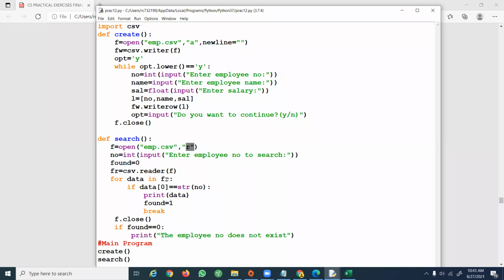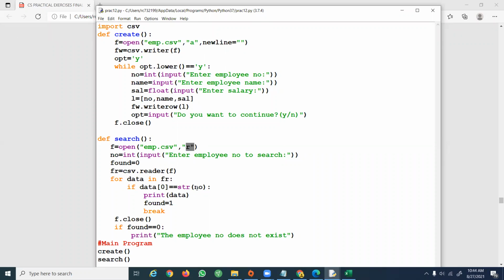When you read the data, it will return a list of string elements. Here, when you are writing, it is an integer, string and then floating point. But when you are reading the information, all the contents will be in the form of a string only. So if you are planning to handle the data as a number or floating point, then you have to use the int function or float function to convert it to the particular data type, and then do the comparison.